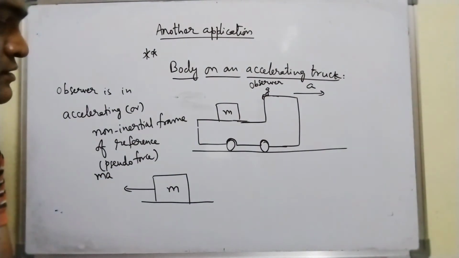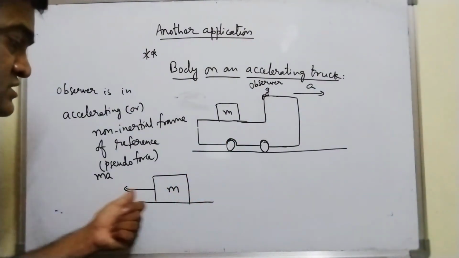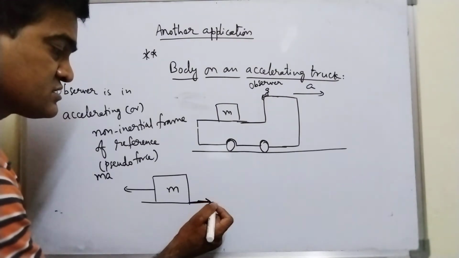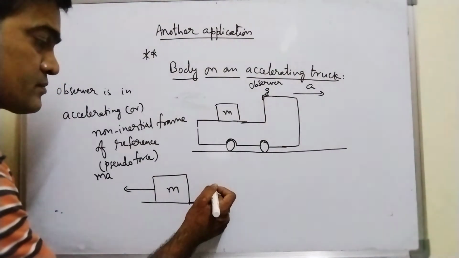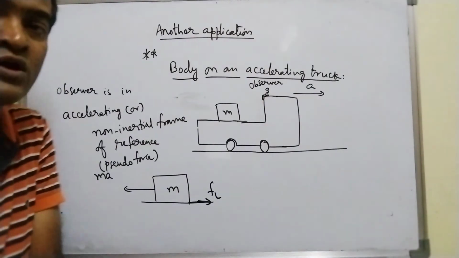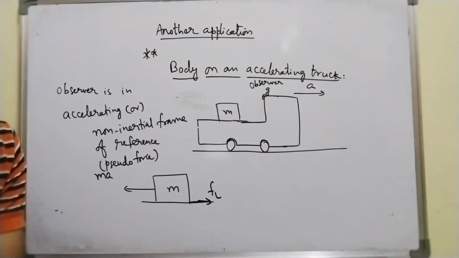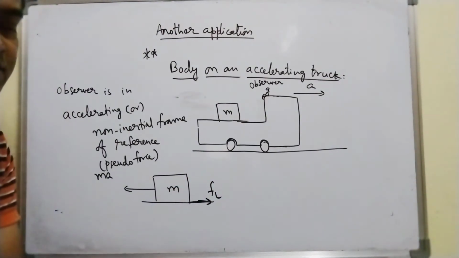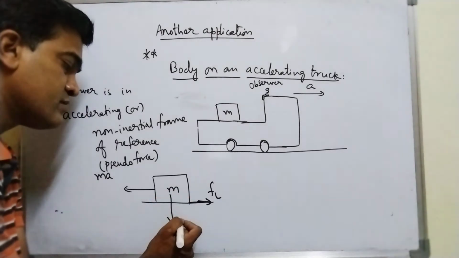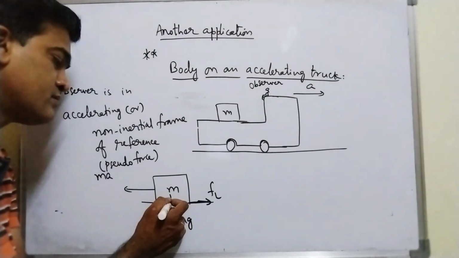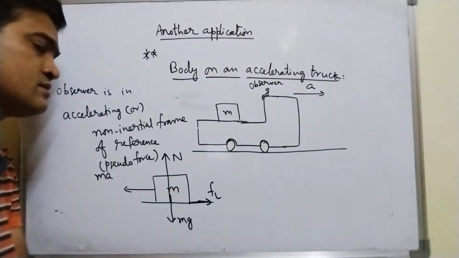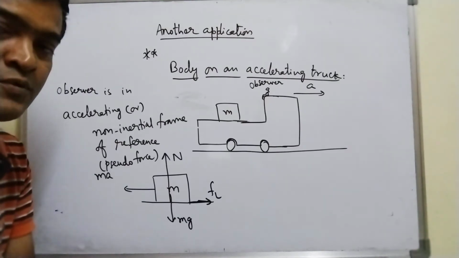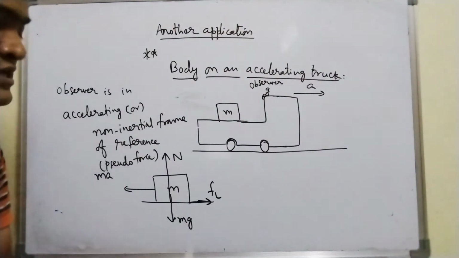Pseudo force helps the block to move in the leftward direction as the truck is moving towards the right side. Right? So when the block is moving towards the left side, then the frictional force acting between these two surfaces in contact must be, let me write Fl, limiting friction, because the block is just about to slide. It has reached the maximum value of static friction. This is called the maximum value of static friction. The weight mg will be acting vertically downwards and the normal force will be acting opposite in direction to the weight of the block.